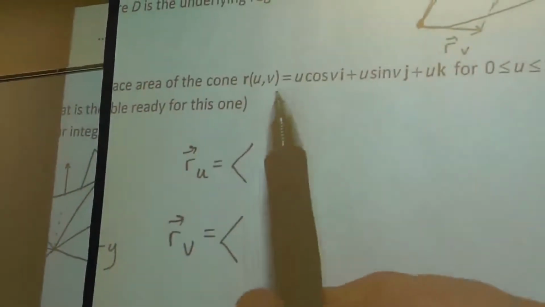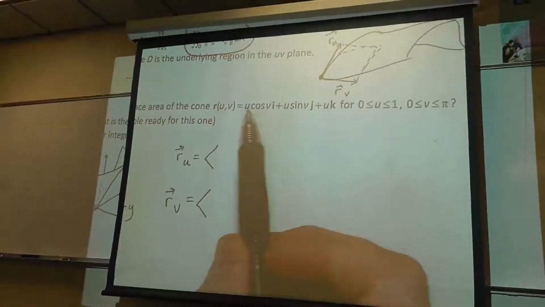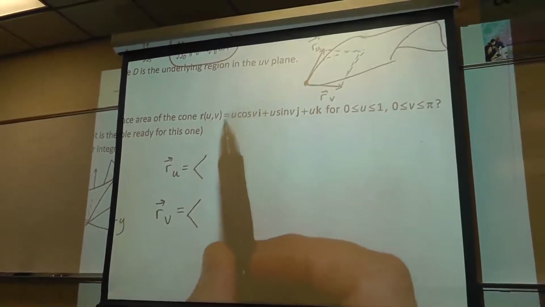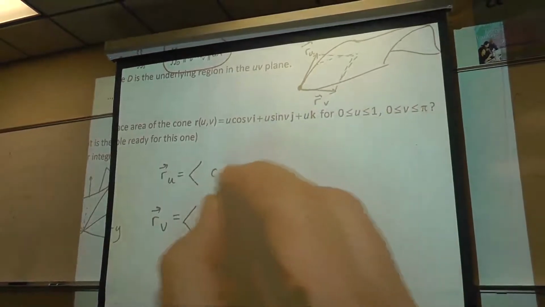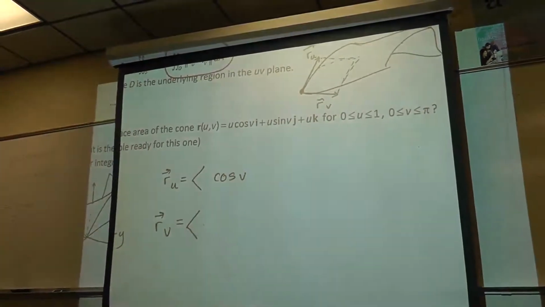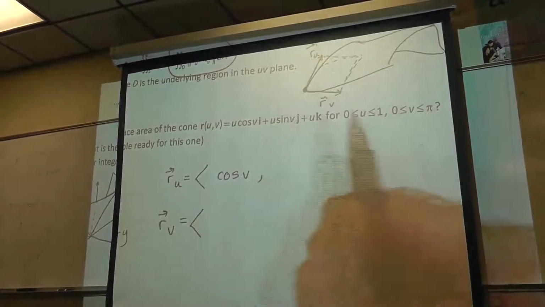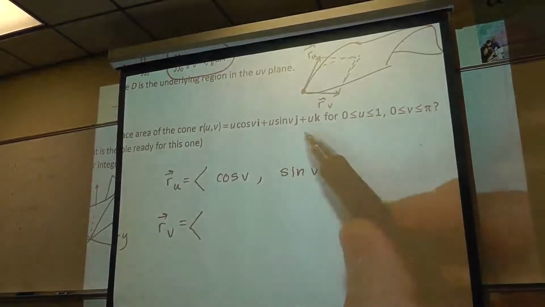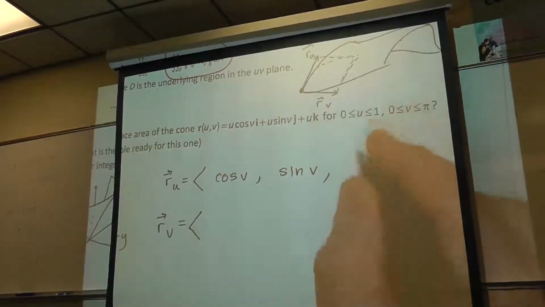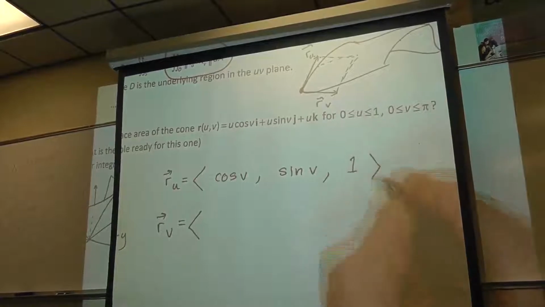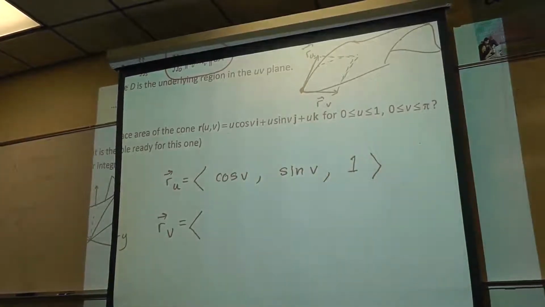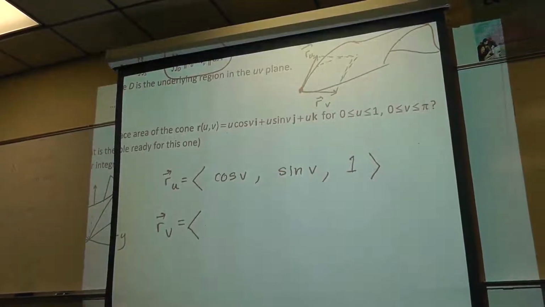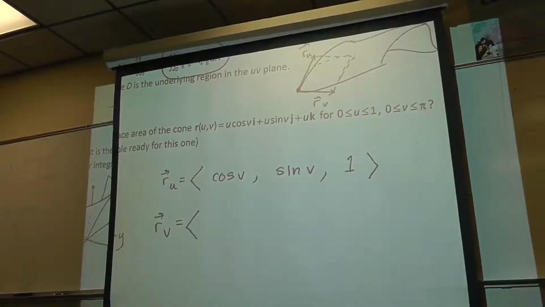So R's partial with respect to U, just make a sweep across. The I component, V is a constant and U is my variable, so this partial with respect to U should be 1 cosine V. True? The J component partial with U behaves the same way, 1 sine V. And my K component depends only on U, so U goes to 1 there in doing its partial derivative. So your partial derivatives for a vector function, just like for regular functions, just keep in mind who's the variable, who's the constant, and treat them accordingly,